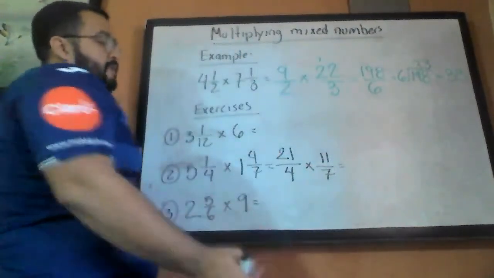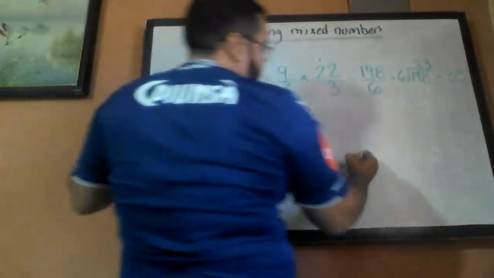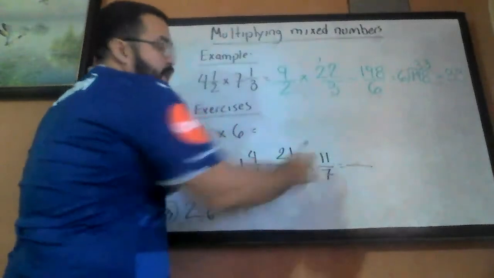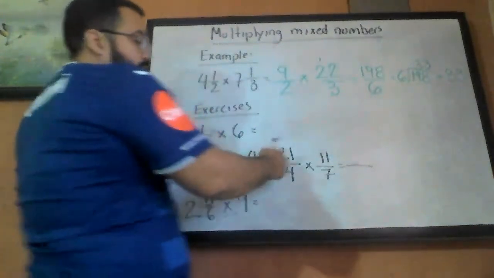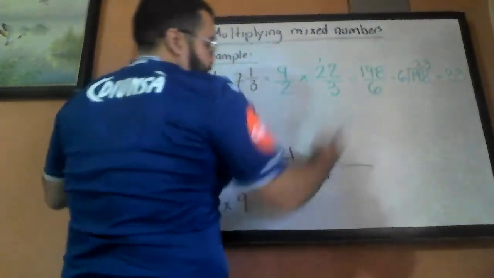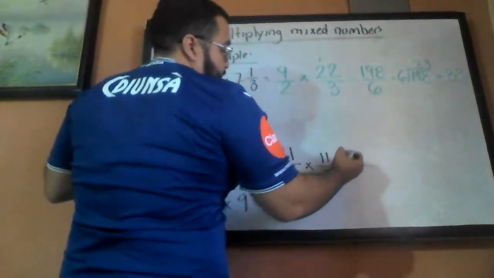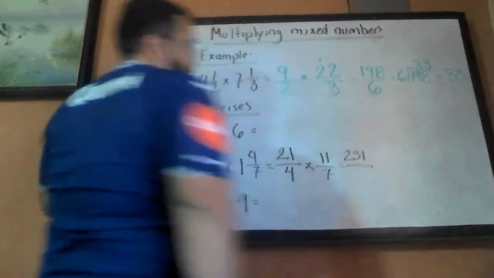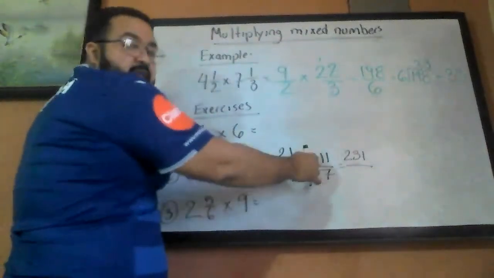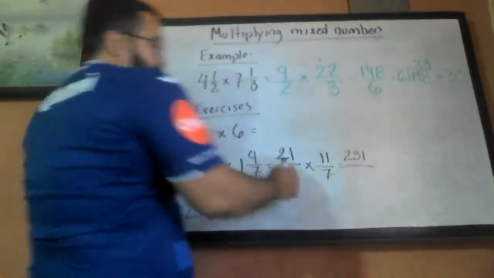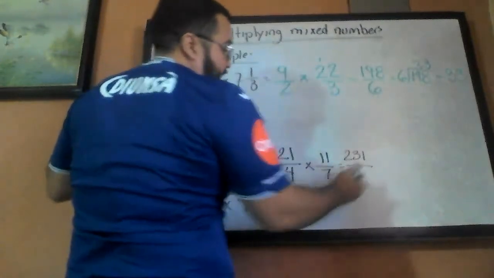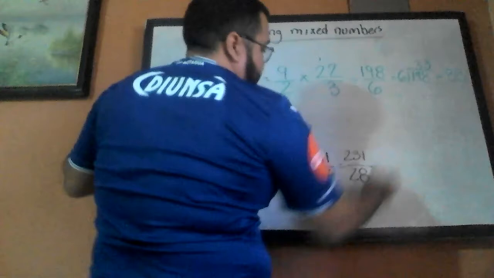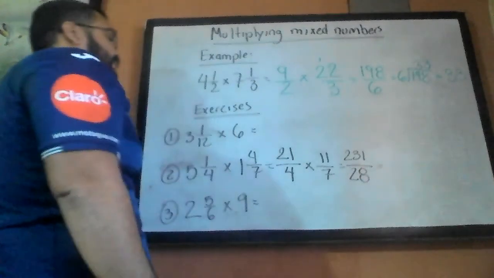Okay, now multiply. 21 times 11. 21 times 10 equals 210. And 21 times 1, 21. Okay, so is 231. 21 times 11, 231. And 4 times 7 equals 28. We can divide them